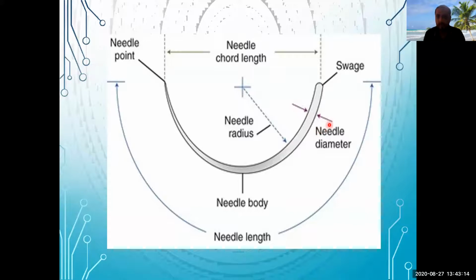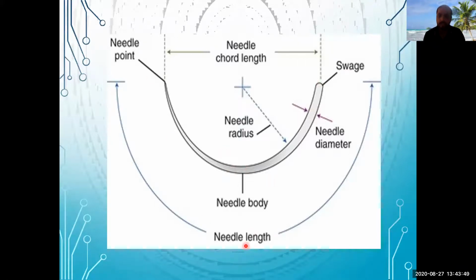Okay. Needle diameter: if we cut the swedge end or the eye end, the suture end of the needle, then in most cases we will find it is rounded. As we have discussed, the triangular shape in the cutting and reverse cutting is towards the tip, not towards the suture side. The suture side should be rounded. The diameter of that circle, that round, is the needle diameter. Understood? This part is the needle body, point, body, and the swedge.